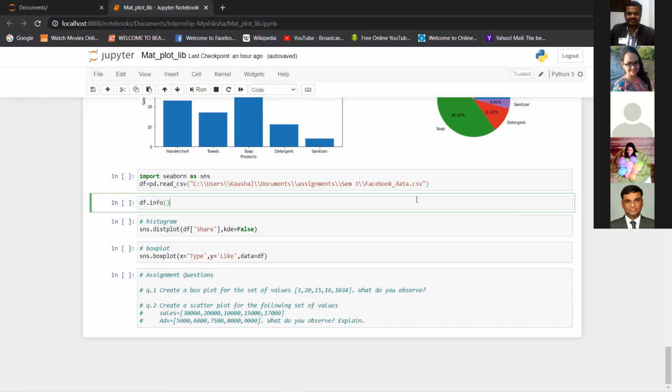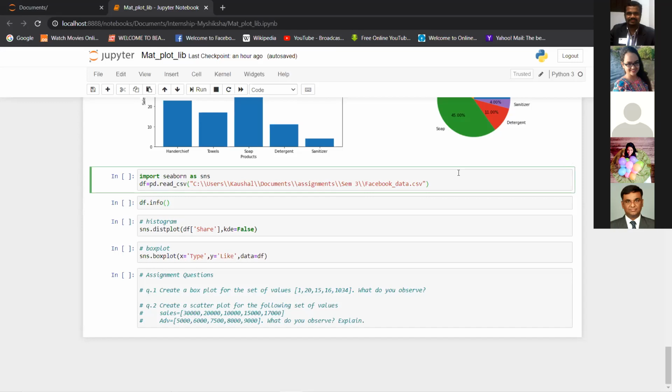the data generally comes in the form of Excel files or CSV files, right? So what we basically do when we try to read those CSV files is we use the pandas pd.read_csv function.